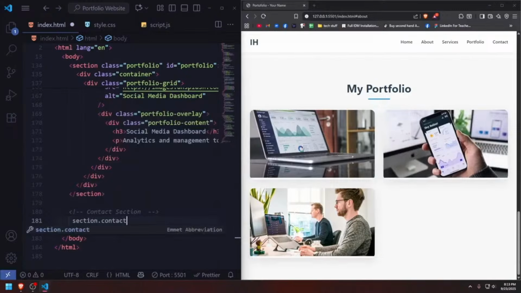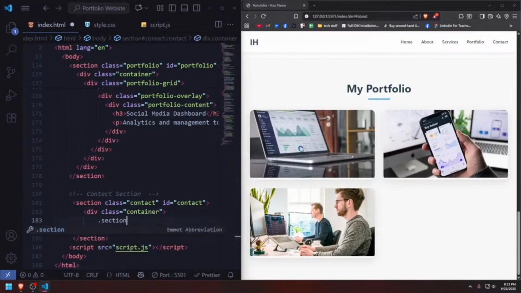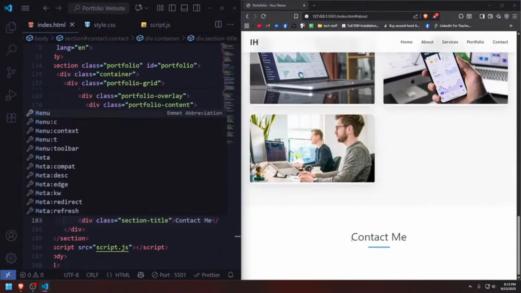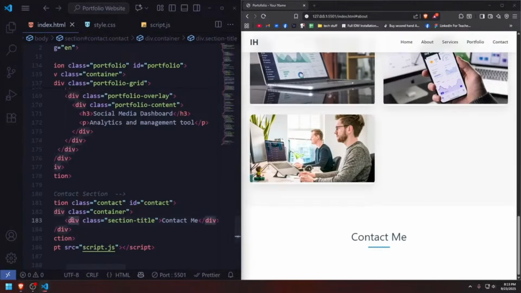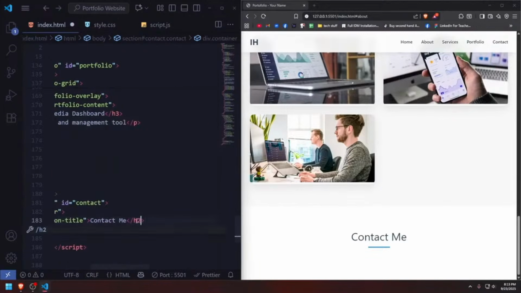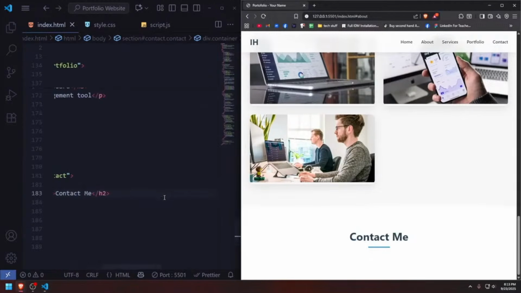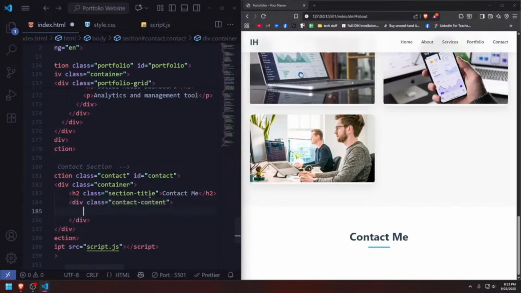Just do contact here and also give an ID of contact. And basically give the same container and do section title, also do contact me here, just like that. Oops, I can just give it h2. Accidentally gave it div. That's weird. Let's contact me, right? Now here, I'm just gonna do the same contact content here. I'm also gonna do contact info